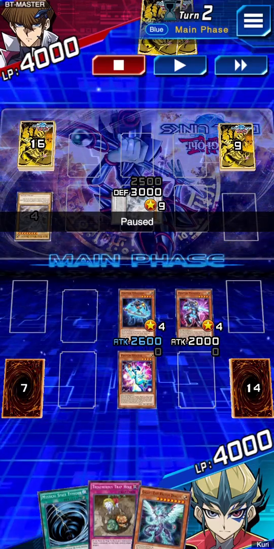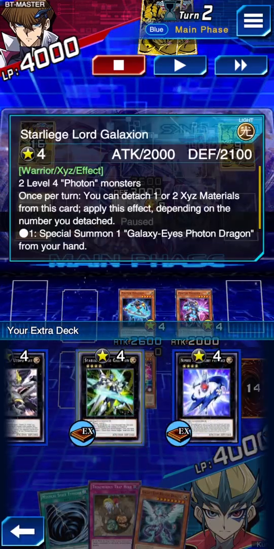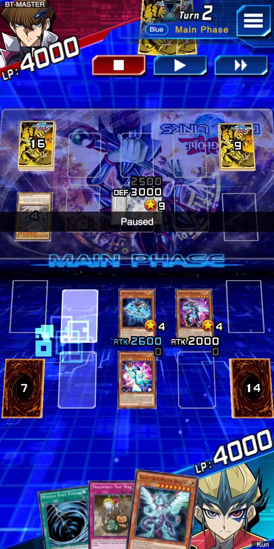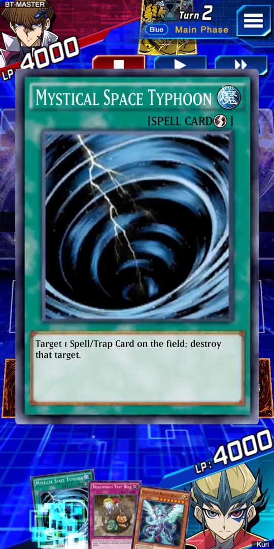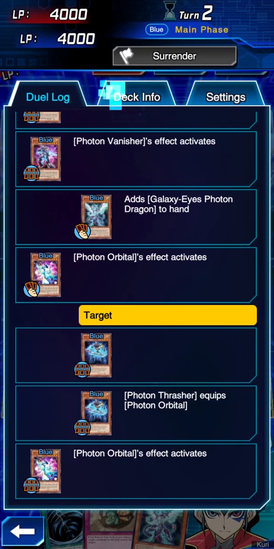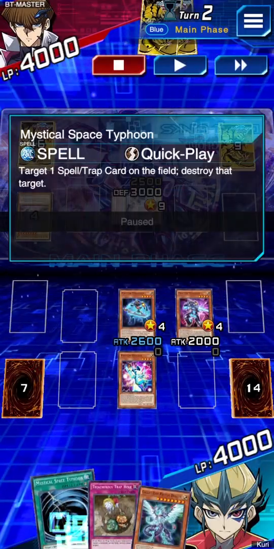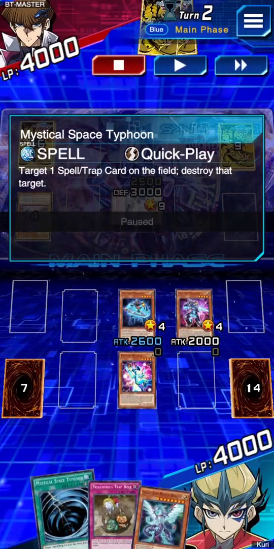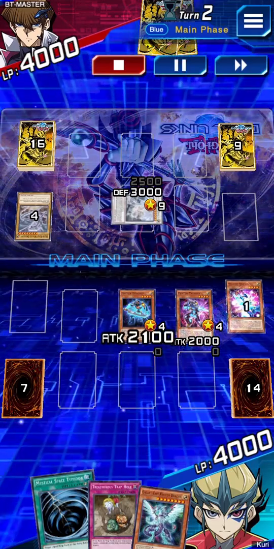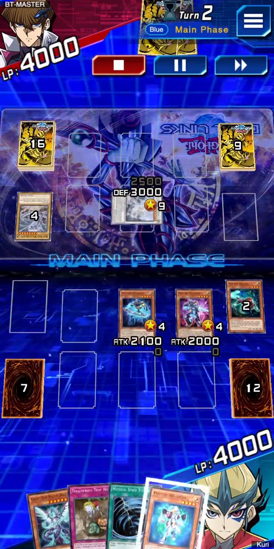That was a huge misplay, because with those two monsters, we can go into Galaxian and then special summon the Galaxy-Eyes and also equip the Photon Orbital, and then we have Mystical Space Typhoon, TTH, and also the Photon Stream of Destruction. So we have double monster destruction, spell and trap destruction, and also a quick play banish of anything. And also double monsters on the field. So yeah, that was definitely a misplay for sure,